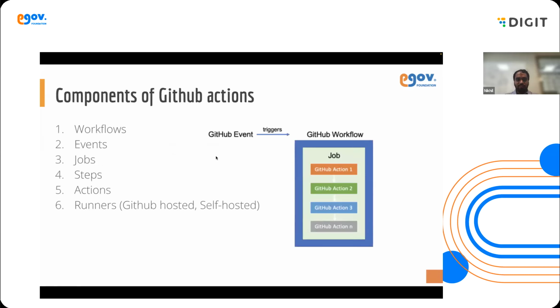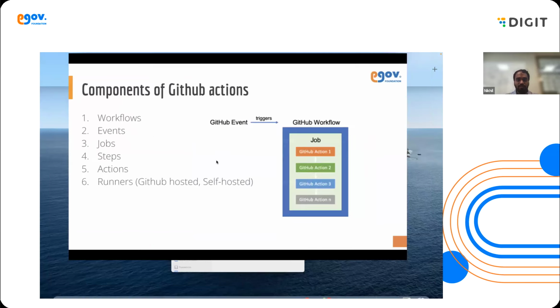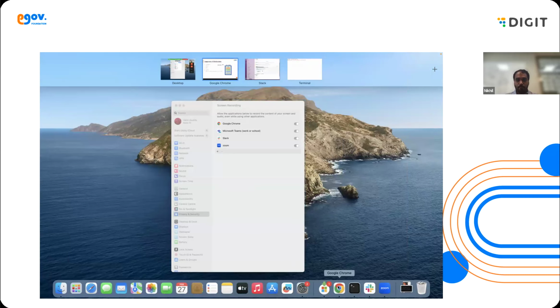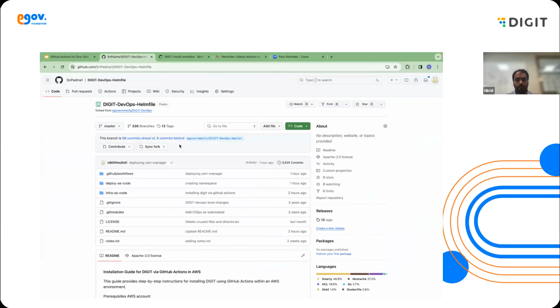Let me share the repo access. I'll give you the repo details now. Can anyone of you share the repo link in the window? Okay, so